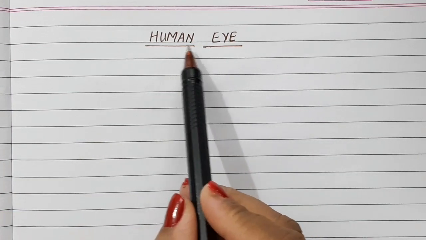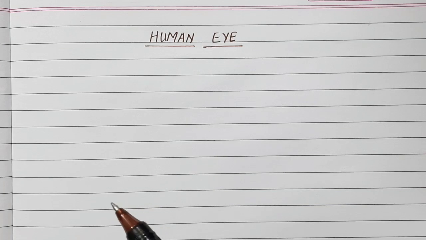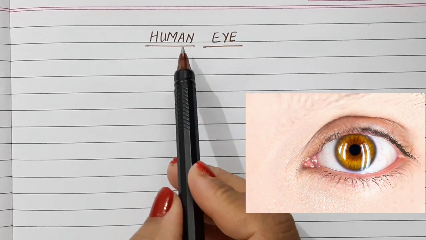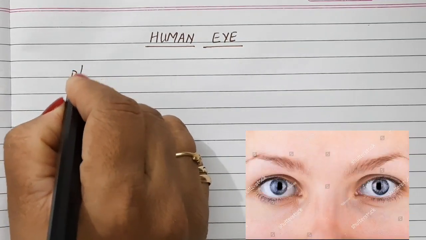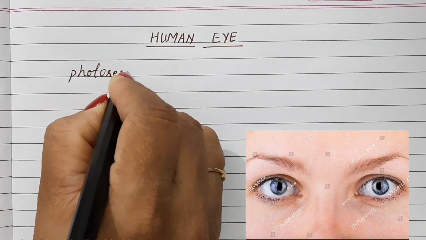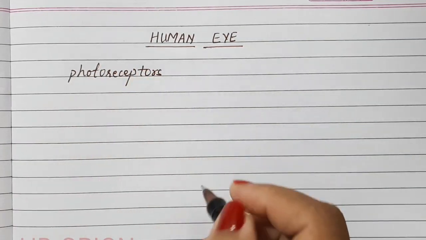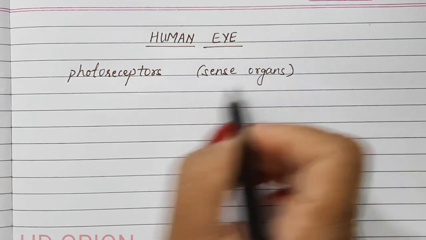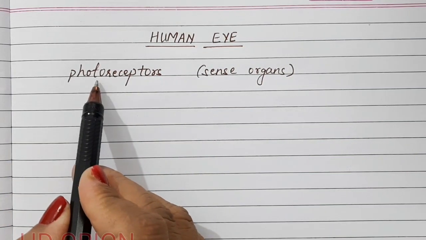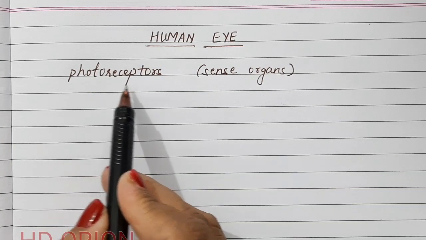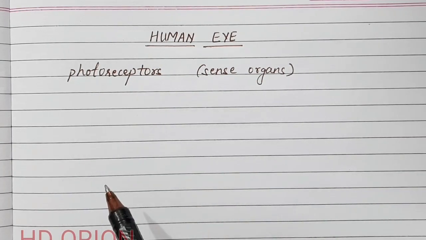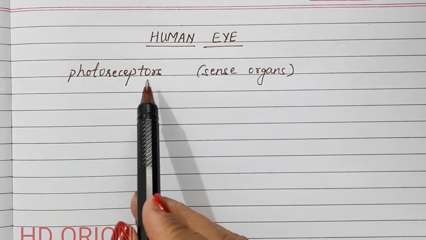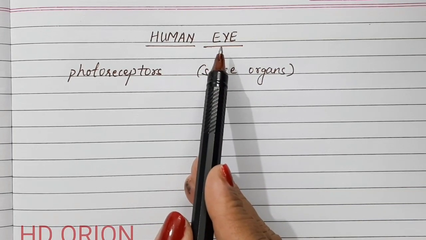Everyone, let us study the human eye today. We have a pair of eyes in the ventral portion of the body, in the face, and the human eyes contain photoreceptors, due to which it is considered a sense organ. Photoreceptors means that they function in the presence of light. So if light is present, we are able to see, and in dim light also we are able to form an image, but that is not always very clear. So photoreceptors help the human eye to be one of the sense organs.